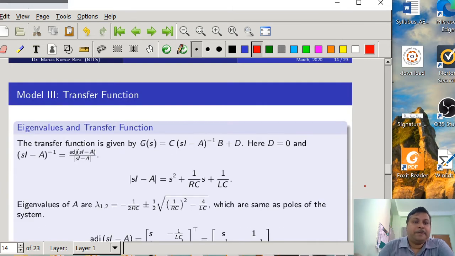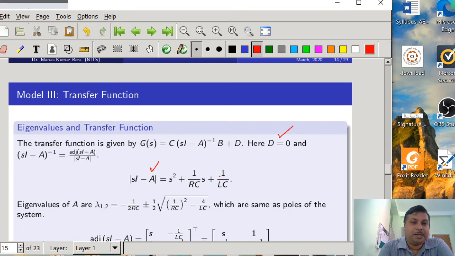So now the transfer function is that G is equal to C into (sI minus A) inverse into B plus D. Here D is equal to 0. So we will compute (sI minus A) inverse, which is adjoint of (sI minus A) by determinant of (sI minus A). So first we have calculated the characteristic polynomial of A, that is we are getting s square plus 1